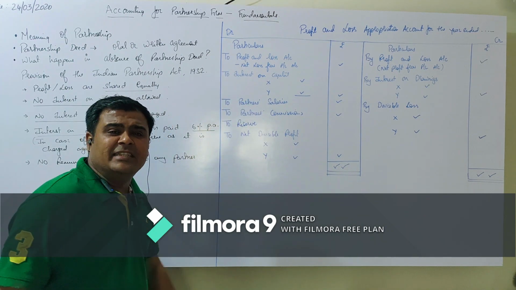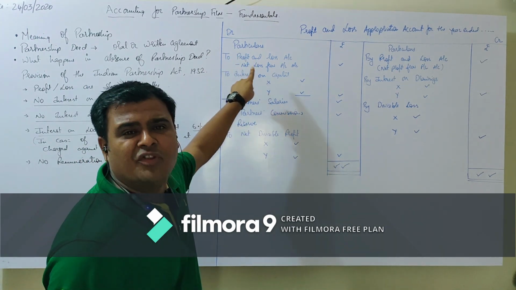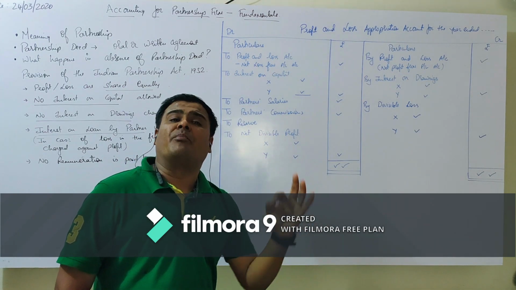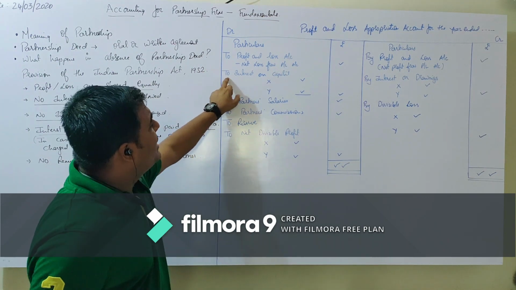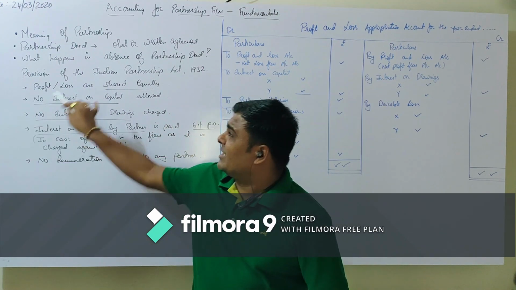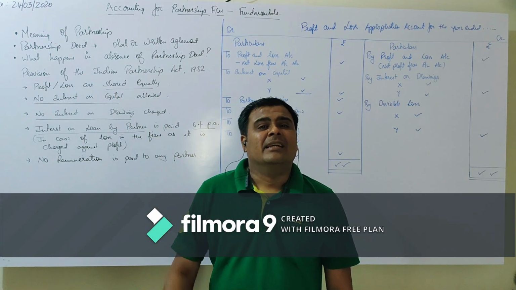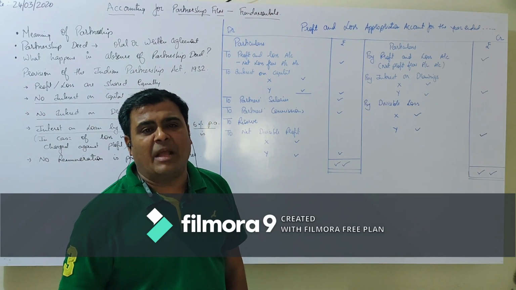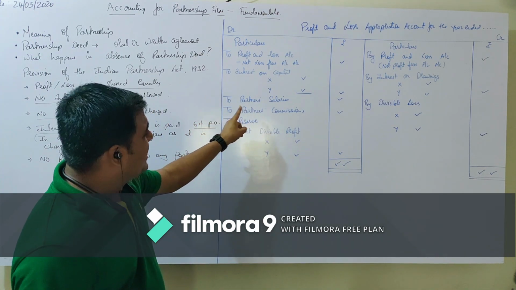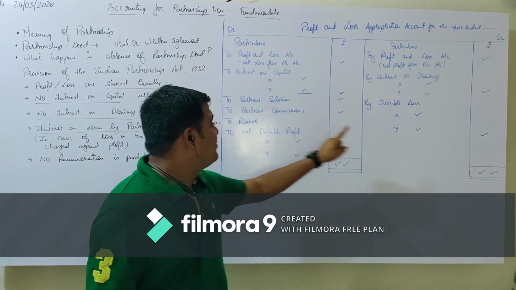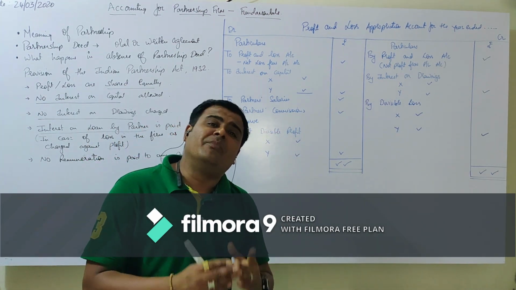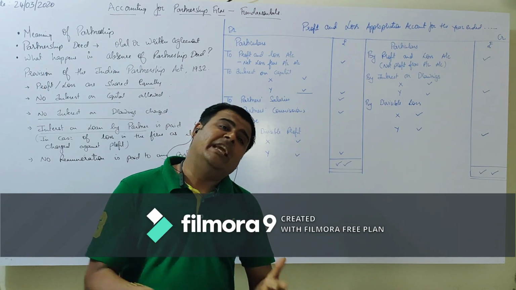The first thing on the debit side of the profit and loss appropriation account is the profit and loss, that is the loss transferred from the profit and loss account. The next one is interest on capital. When there are two or more partners and the partnership has allowed a particular percentage of interest on capital, the same is to be charged in the profit and loss appropriation account. The next one is the partners' salaries, then partners' commission, and the reserve that will be transferred from the profit and loss appropriation account to the reserve.